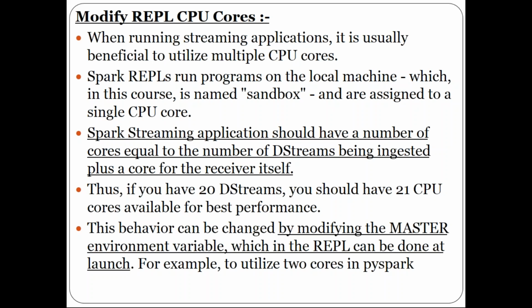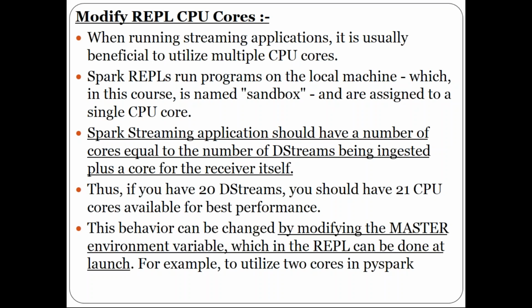You can also add this point when you're talking to somebody about Spark streaming. The way you said, we use batch processing with an interval of 1 second, so it will be a time difference of 2 seconds between the moment it received and the moment it processed. Like that, you can also say we follow a best practice that our application has a number of cores equal to the number of DStreams being ingested plus 1 core for the receiver itself. Here, if you have 20 DStreams, you should have 21 CPU cores available for best performance, because one CPU core